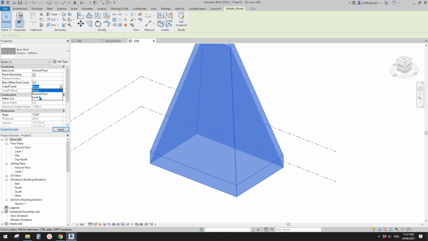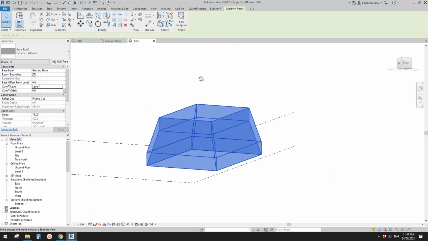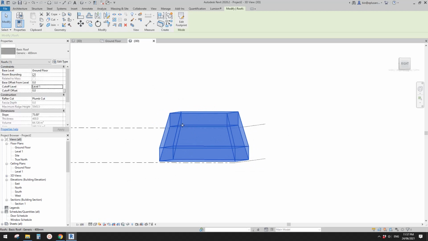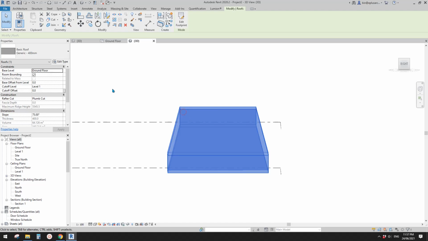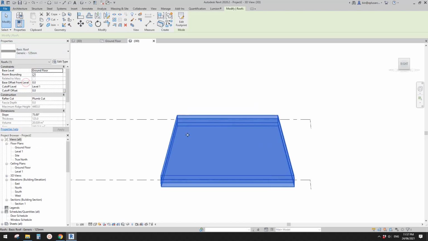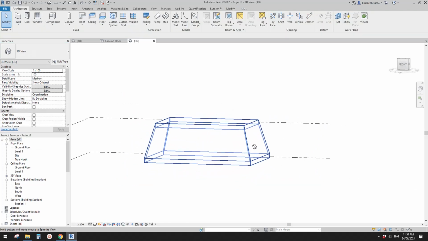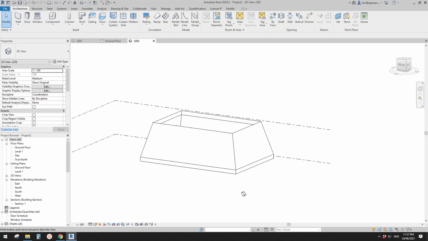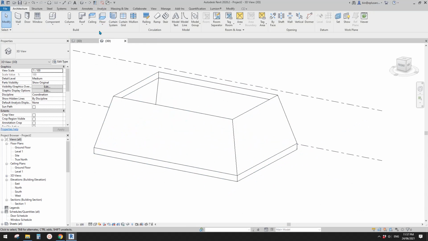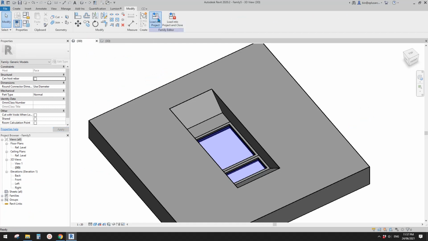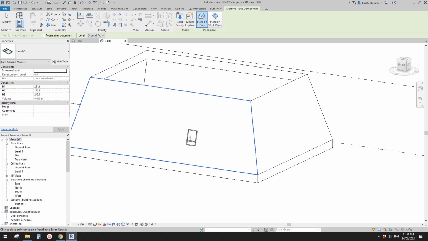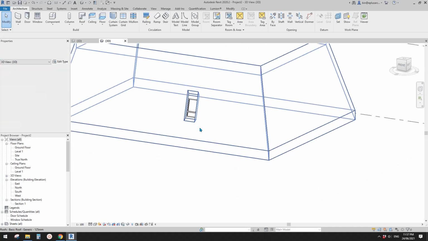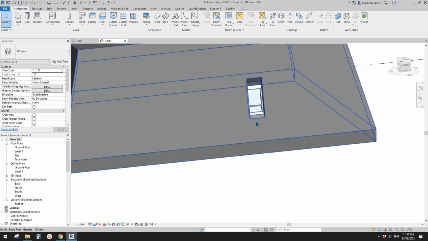So for example, I'll stop it at level 1, which is actually here. Okay, so it will go up depending on the thickness of the. Let's just change it to yeah, that's pretty much it. And then we can place this window. So let's load this into here, so you will see you can place it on face. Okay, so I'll place it here, and then we can, so let me change it to shade SD, and then